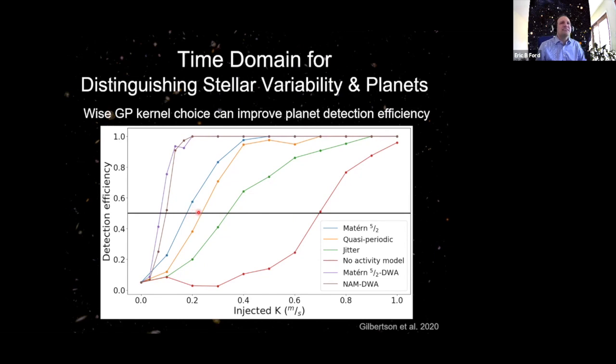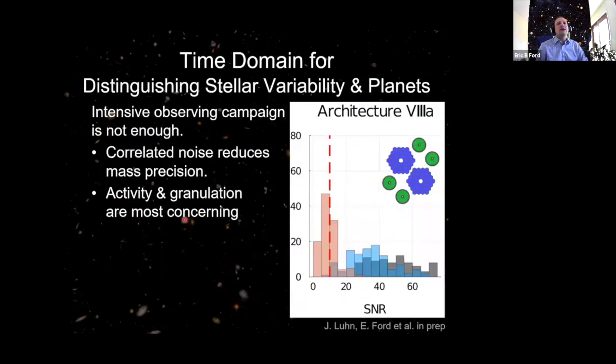And we can see that, for our realistic models, we're getting to 0.2 meters per second, so about twice the ideal world. This set of simulations was designed so that in the ideal world, it would just detect an Earth. Our current time domain methods are making progress, but are still a factor of 2 or more short, and this is in an idealized case. So my conclusion from that is that the time domain alone is important, but it's not sufficient, and we will need more than just throwing lots of observing time at it.